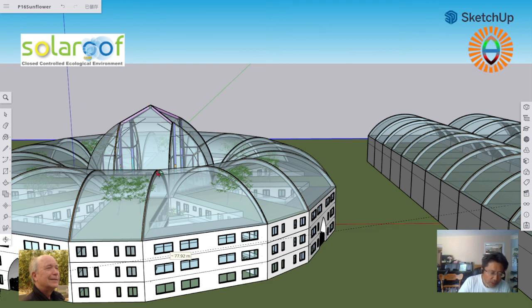But if you do the same thing over here, you will find the origin is roughly here, and the angle of the axis will be 120 degrees. So this is like a rainbow. We simply use one of these arcs and then connect them together as one big arc, and then we can form the roof structure for this building. And then we simply extend it,